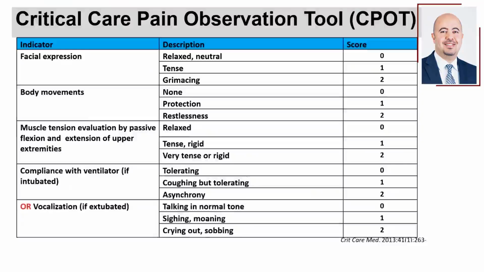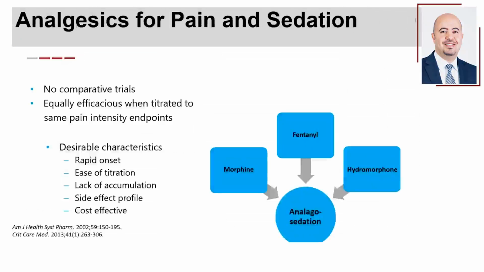The other scale it's called critical care pain observation tool. Kind of similar components. The scoring is kind of different. The scoring is from 0 to 8, with 8 being maximum pain. بس بيعتمد تقريبا على نفس الكومبوننتس: facial expression, body movements, muscle tension, compliance with the ventilator. وإذا المريض not on the vent, بيعتمد على vocalization. يعني somebody who's crying or moaning, that's an indicator that the patient is in pain.